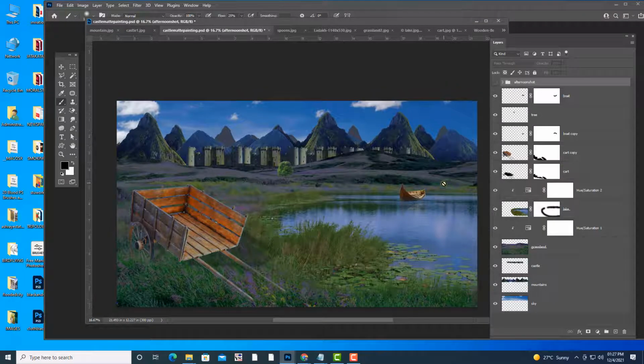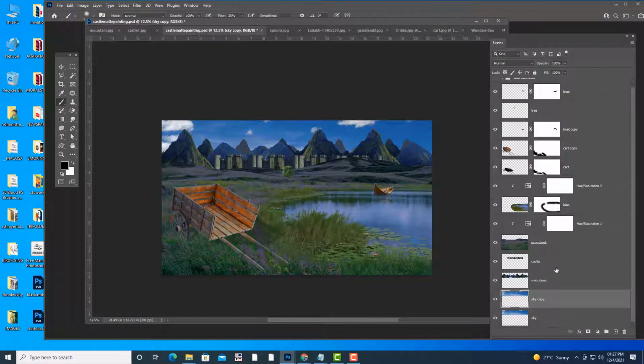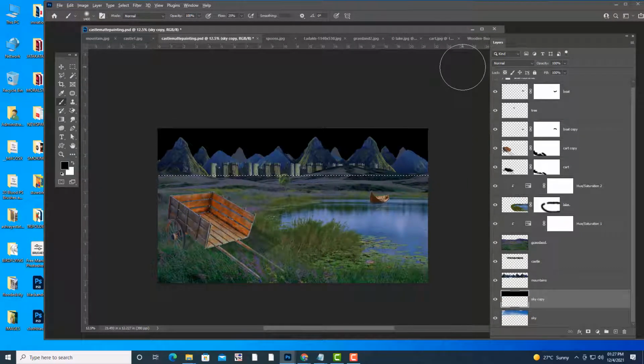See, night shot, if you want to create a night shot, first the sky has to be black in color. Night time the color will be very black. So what I will do, I am going to take a duplicate of this sky. Okay, I am going to select this sky, and use Alt and the black space. So first we have made the sky black.